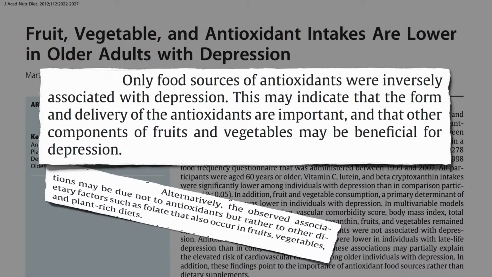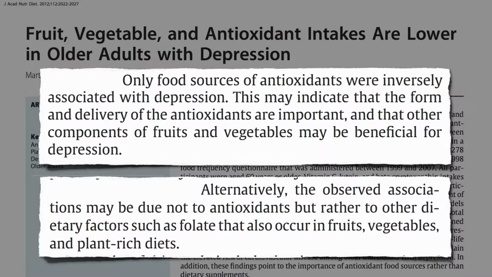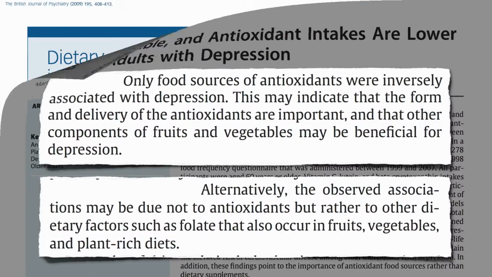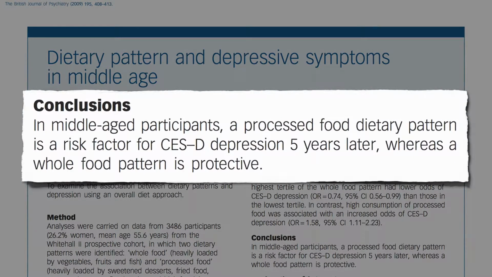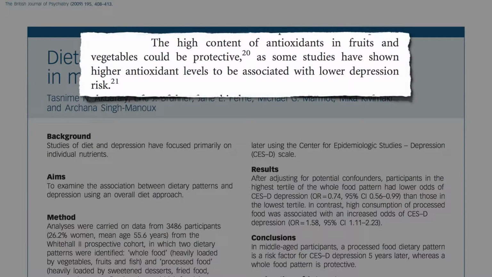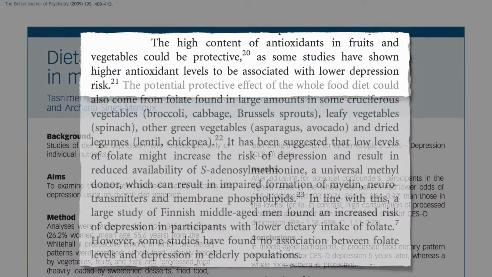Alternately, the observed association may be due not to antioxidants at all, but rather to other dietary factors such as folate that also occur in fruit, vegetables, and plant-rich diets. In a study of thousands of middle-aged office workers, eating lots of processed food was found to be a risk factor for at least mild to moderate depression 5 years later, whereas a whole food pattern was found to be protective. Yes, it could be because of the high content of antioxidants in fruits and vegetables, but could also be